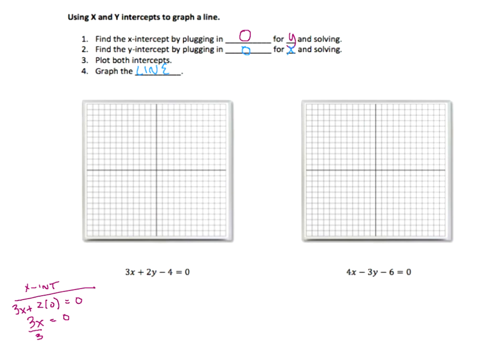Oh, I forgot the -4. I was like, wait a minute, this thing goes through the origin. Why would I put this as an example? I'm sorry. Let me scratch that and start over. Wonderful thing about technology, it erases right off there.